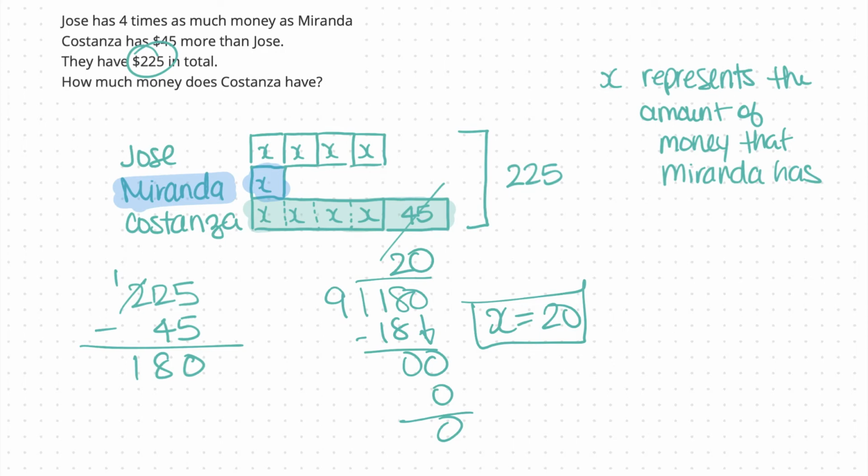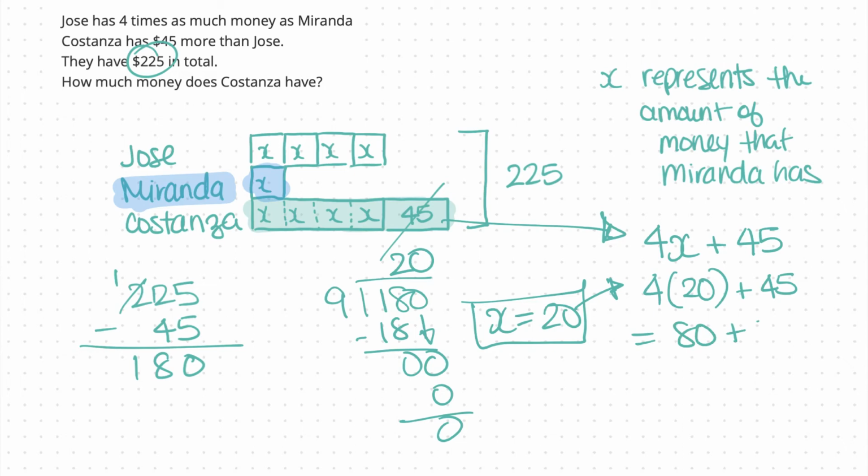So we need to figure out what Costanza has. Now Costanza has 4 times these x's plus 45. So we can actually write an algebraic expression of this: 4 times x, which is 4x, plus the 45. Then we could do substitution. 4, and then we have 20 instead, plus 45. And that gives us 80 plus 45, which gives us